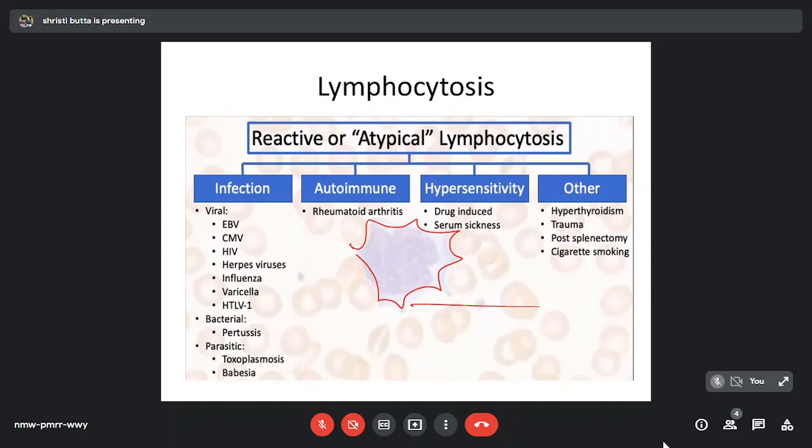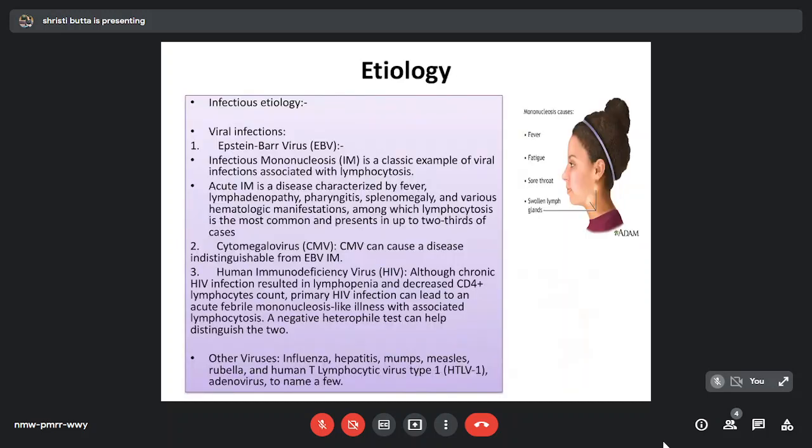Other viruses like influenza, hepatitis, mumps, measles, rubella, etc. can also cause lymphocytosis. Some bacterial infections, besides causing neutrophilia, can exceptionally cause lymphocytosis, like Bartonella henselae. Bartonella henselae leads to cat scratch disease, a disease transmitted by scratch or bite of a cat, and it is usually associated with ocular and neurological manifestations. Besides causing lymphocytosis, large atypical lymphocytes are usually seen.